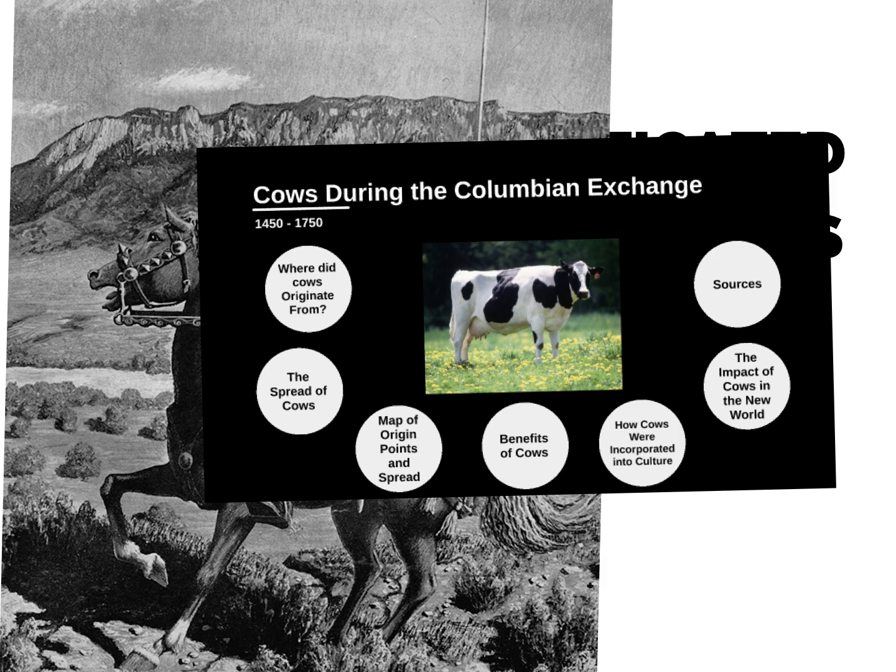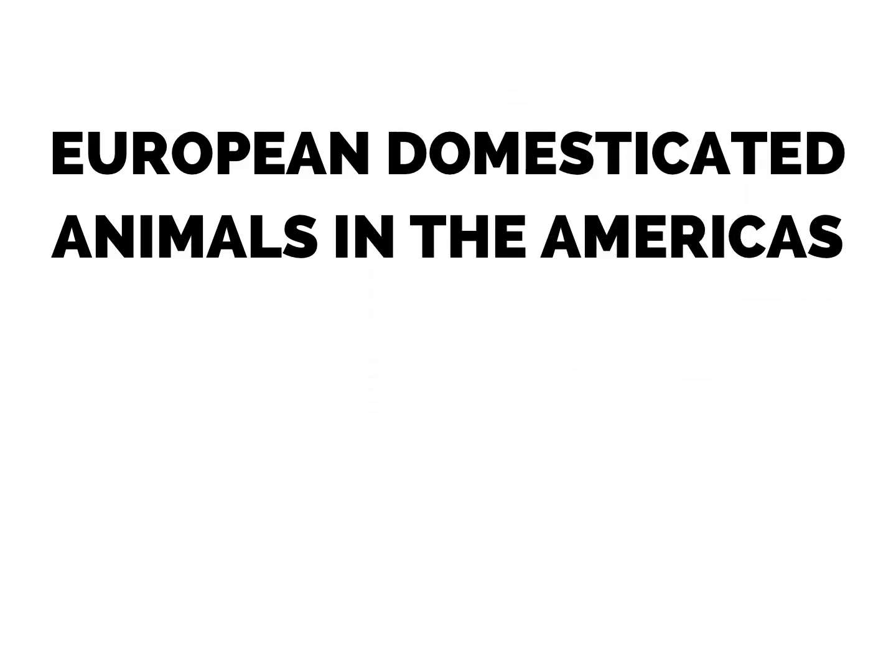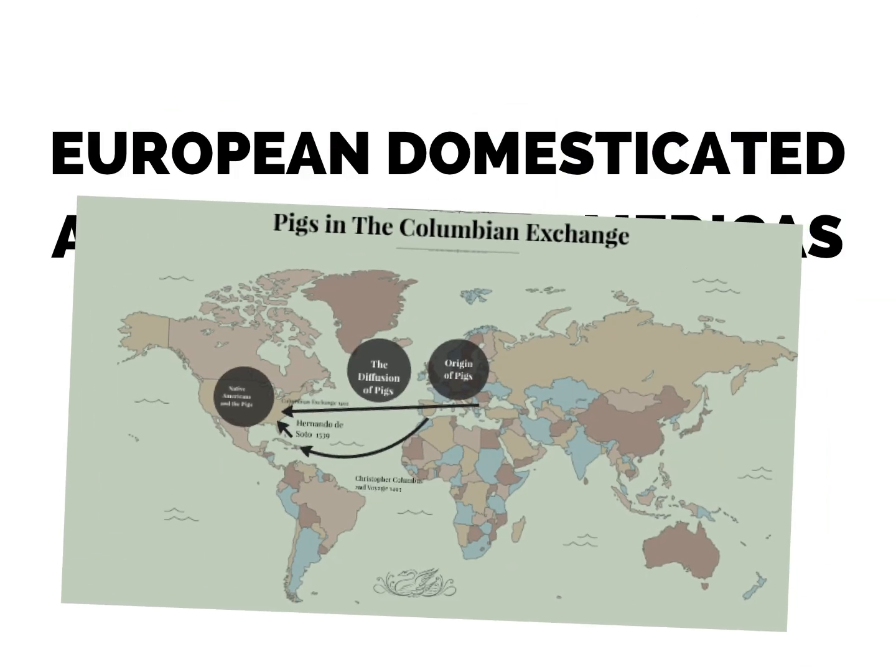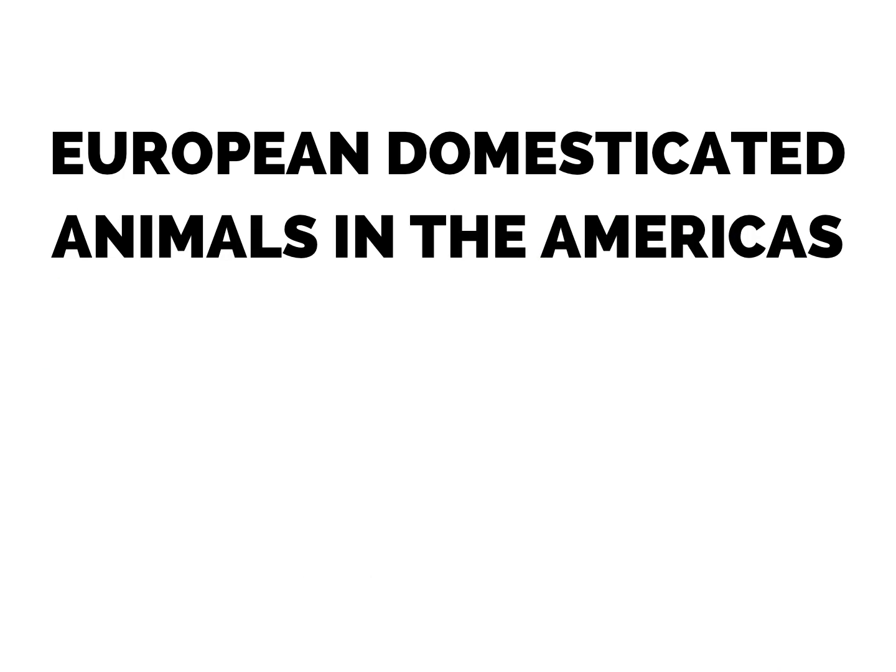So we have horses, we have cows. We also need to talk about pigs. Pigs come over with Columbus as well, and they are going to tear up the native population's land as well. Obviously, cows and pigs are food animals as well. So that's going to support the natives in their recovery from the losses that they sustain, which we're going to talk about next, but not really enough.